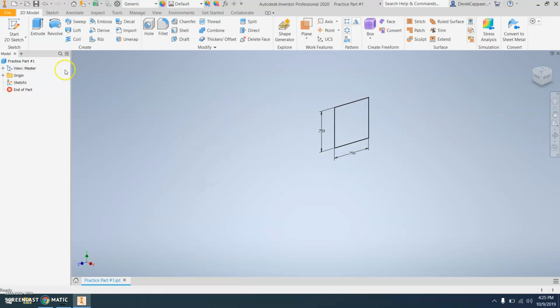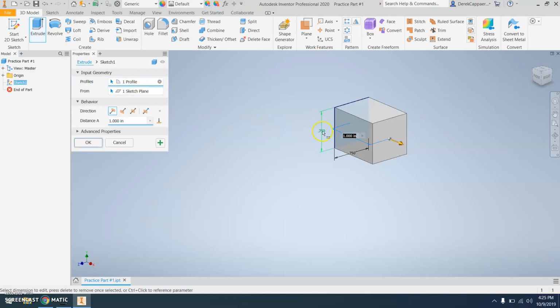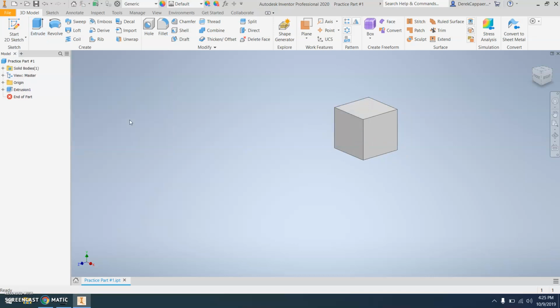Next step is to extrude this. So it automatically picked the correct profile that I wanted. And the distance, notice you can enter it here, which is already highlighted, or you can enter it up here. We want it to be 0.75. Hit enter. And then what you're going to want to do is then put your initials on the surface of